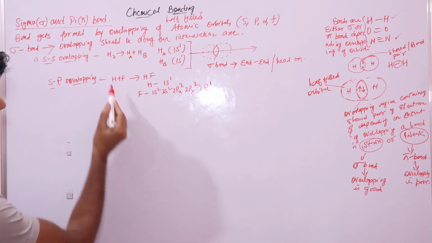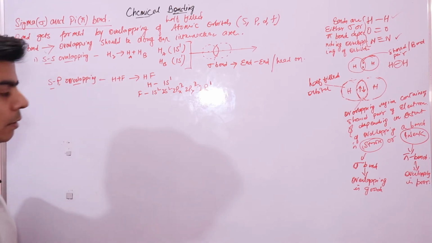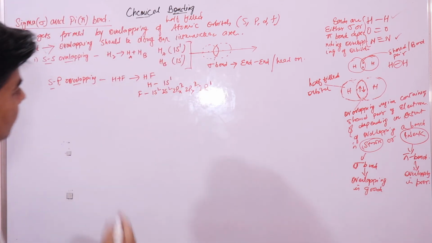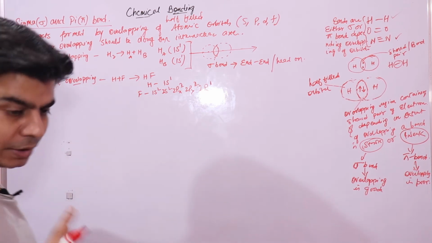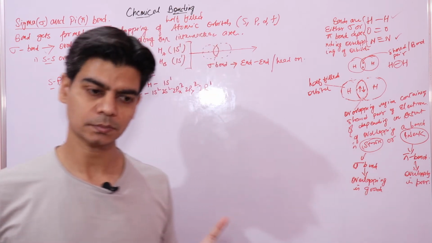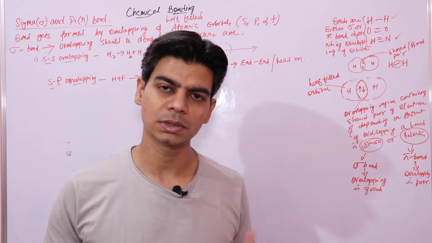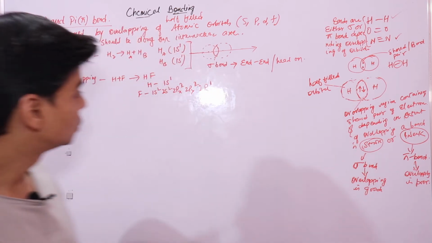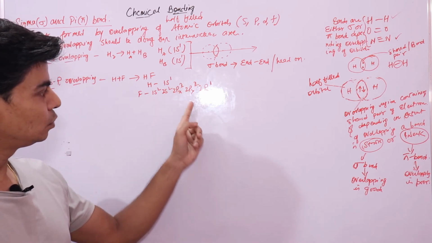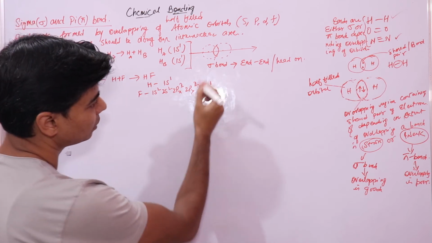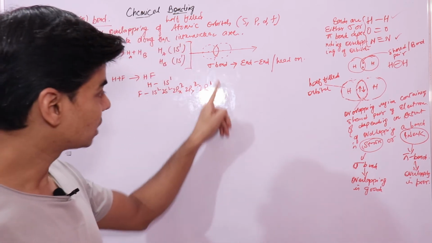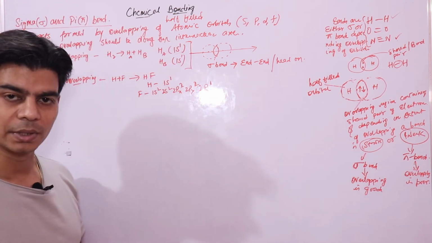The bond will get formed when orbitals of hydrogen and fluorine interact, or overlap. And what kind of orbitals will overlap? Only half filled orbitals will overlap. An orbital can contain a maximum of 2 electrons, so half filled means one electron. If you look at these, all these orbitals contain 2 electrons: 1s2, 2s2, 2px2, 2py2. It is only this 2pz orbital of the fluorine atom that contains 1 electron, that is, it is half filled. And this is your p orbital, right?